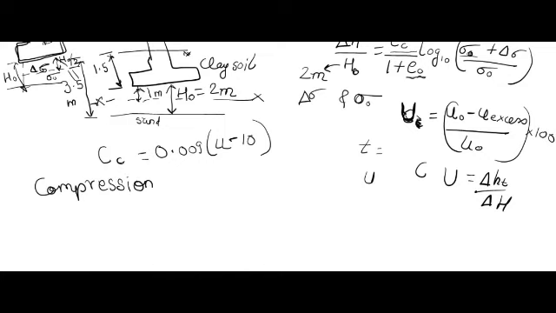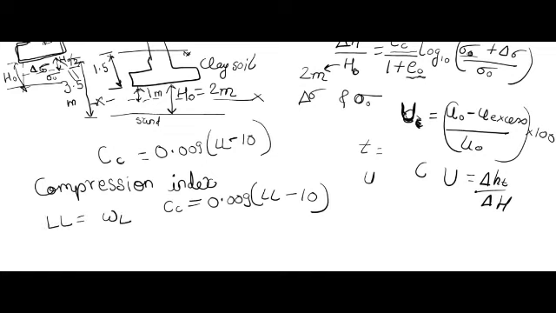Always remember Cc can be found out as 0.009 times (liquid limit minus 10). Sometimes liquid limit is also written as WL. So always remember this. We can find the compression index directly. Cc is nothing but 0.009